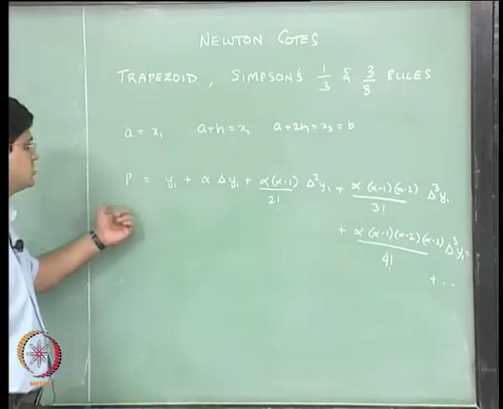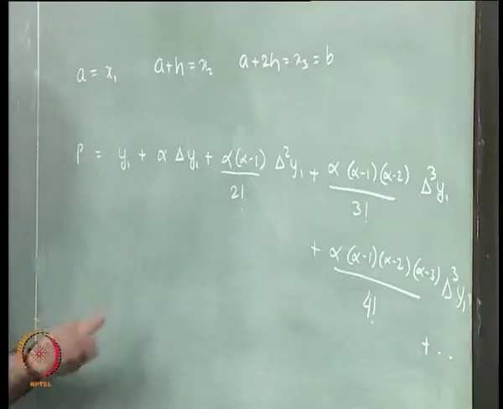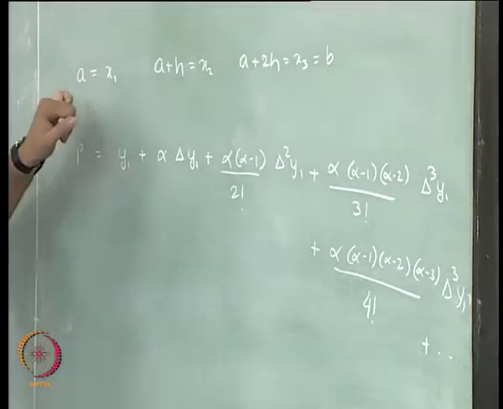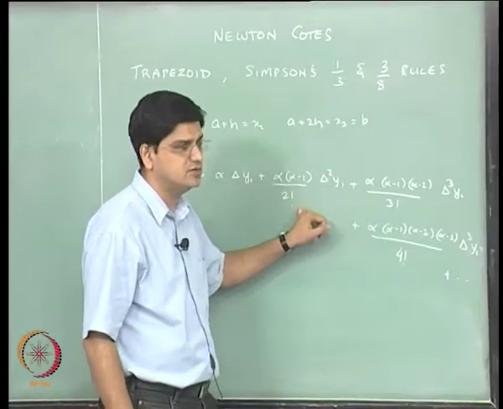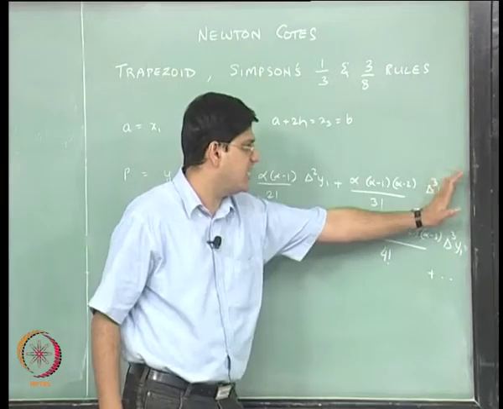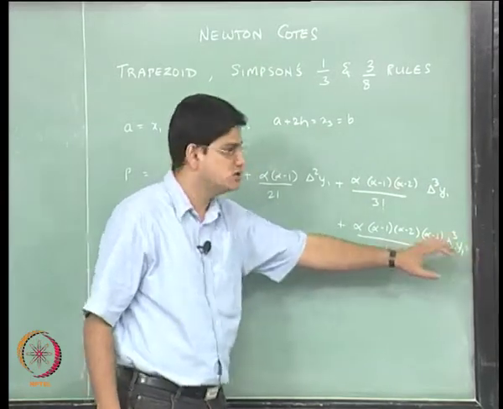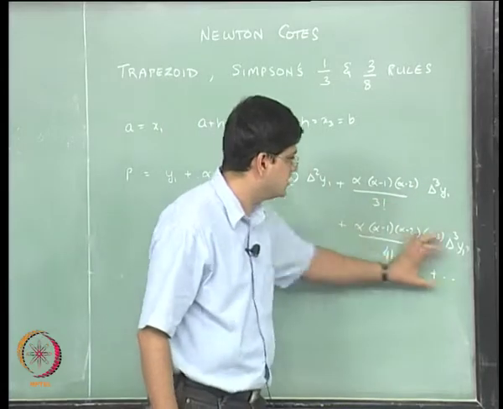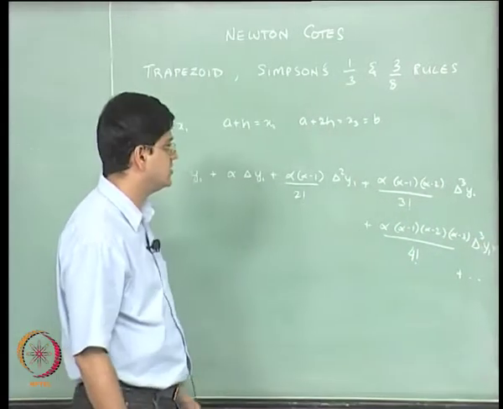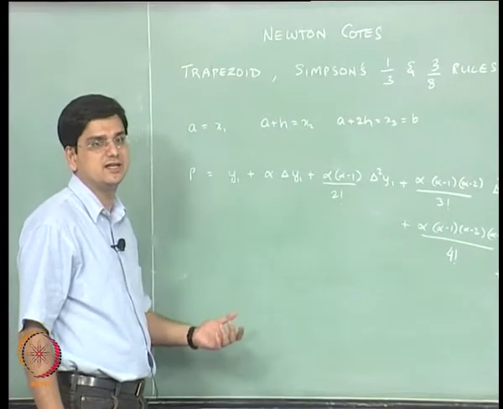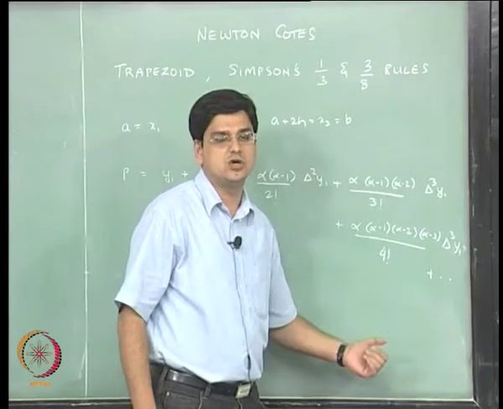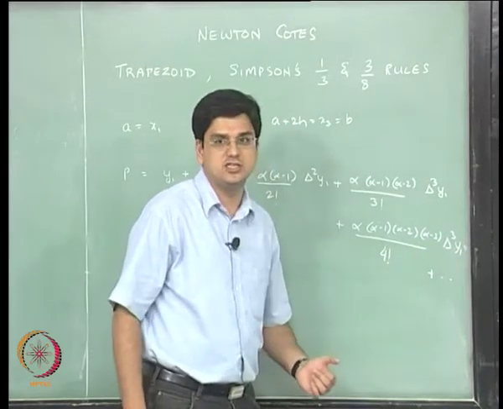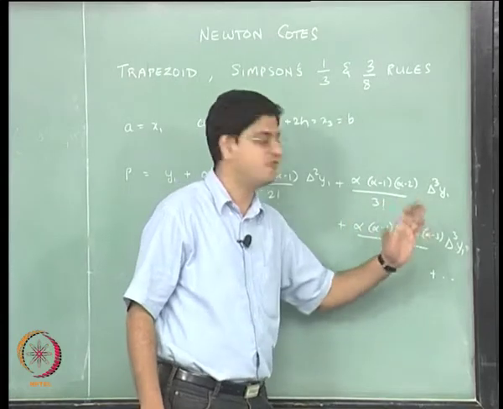Okay. So this is what our polynomial is going to be. What we did in the previous lecture is we said that since the polynomial is only going to be fitted to these 3 data points, we will just retain these 3 terms, and the terms that we are neglecting are the terms over here. Because we are neglecting all these terms, there will be a certain error associated with neglecting those terms, and then we try to find out what that error is going to be, and so on and so forth. That part of it we did not do.